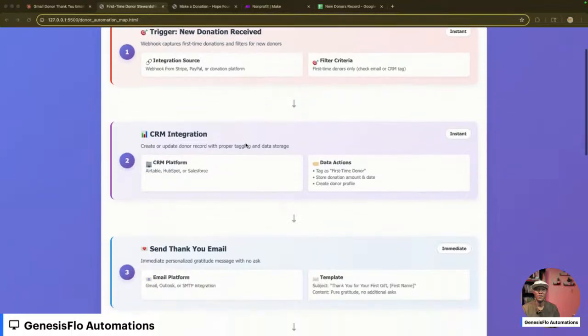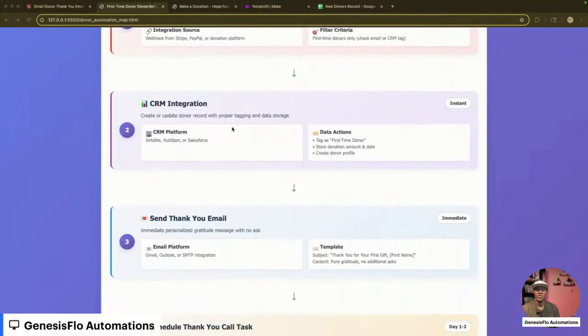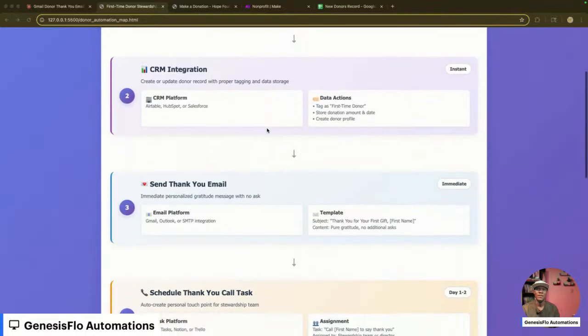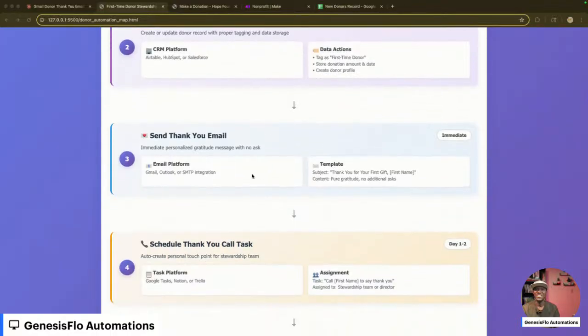It will get their information, and then we will integrate it into a CMS, which is basically storing the information that we need for that person, like their first name. We'll tag them as a new donor, and then we will send them a thank you email. Right there and then, that person receives the thank you email, and it makes them feel heard, that their gift is appreciated and all of that.